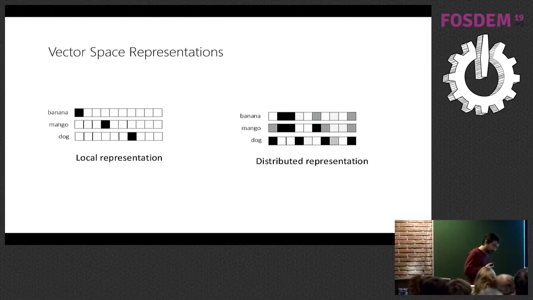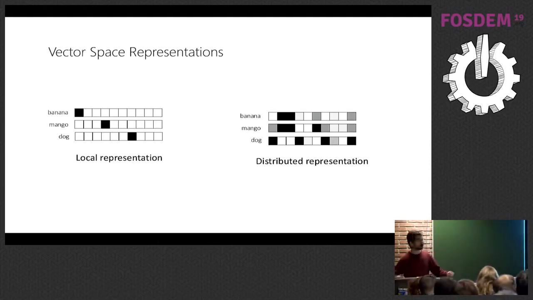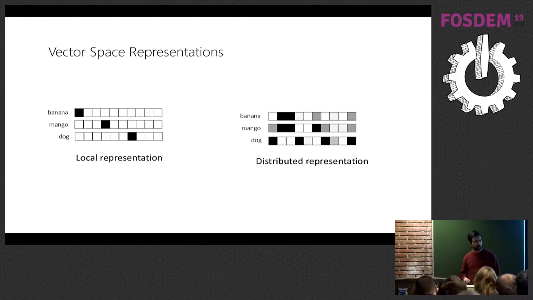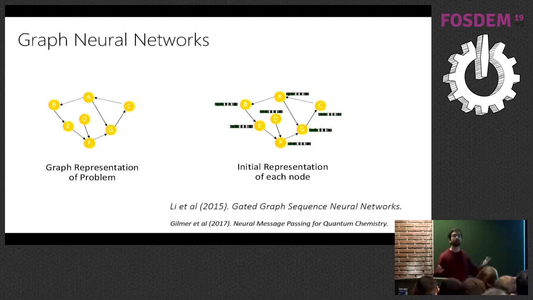So with machine learning, with deep learning specifically, we've moved towards these distributed representations that are learned across our data. And the idea here is that we have a much smaller dimension, but these vectors are real vectors in a d-dimensional space. And what they do is that they encode in each of their components some of their attributes. So the meaning is distributed across the components, whereas here it's localized. So we can get these distributed representations, and you can get this to be anything. Maybe you have heard of word2vec. Word2vec is one of the distributed representation learning methods.